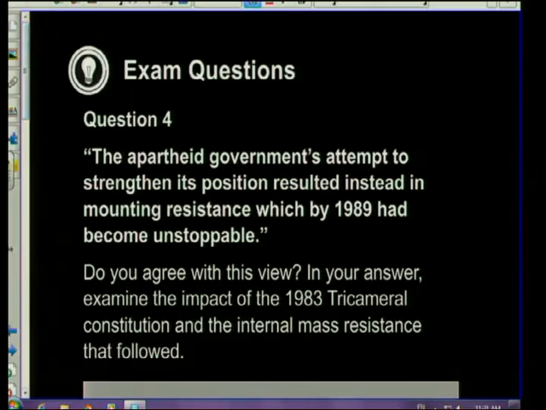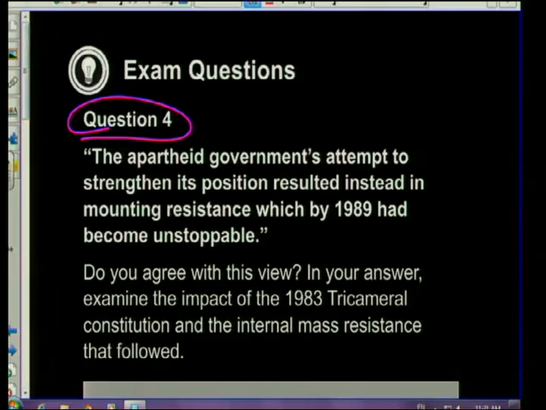Welcome back, learners, from your ad break. In this segment, we're going to look at an essay question. What I plan to do is go through the structure of your essay and then look at the actual evidence that needs to be in your essay. Let's have a look. We're looking at question 4.